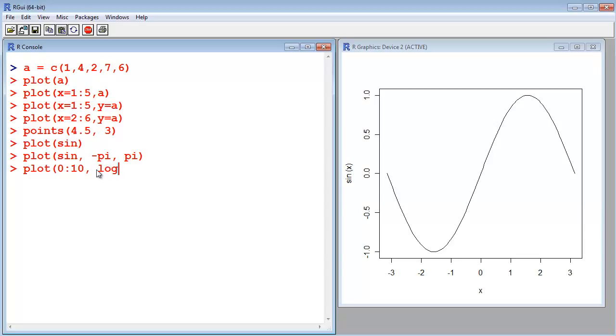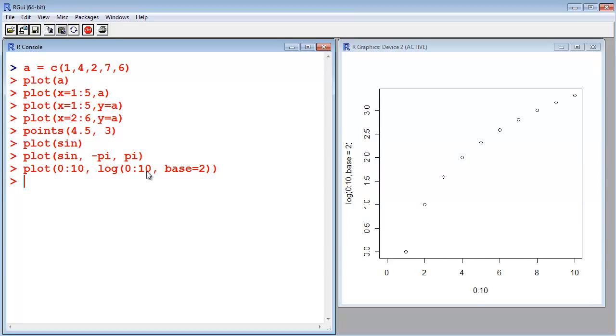This is a sine function, this is a log function. And here we also use the values 0 to 10, and let's say logarithm of base 2. So this is 0 to 10, this is 0 to 3, so this is a logarithm function, but